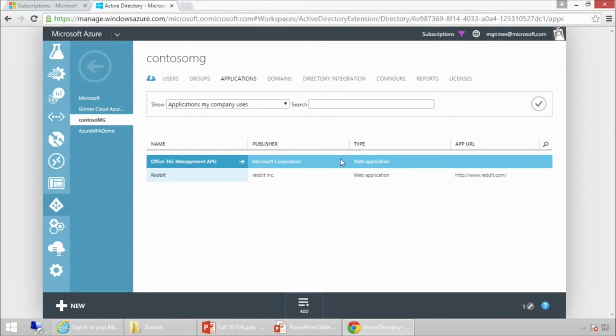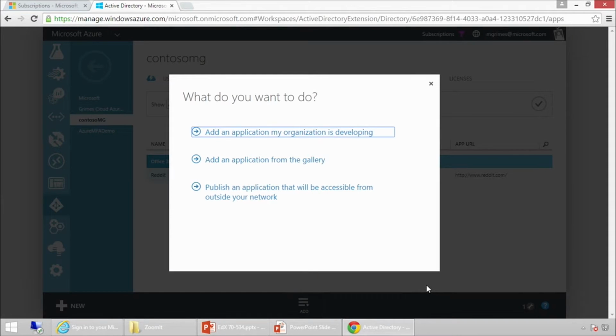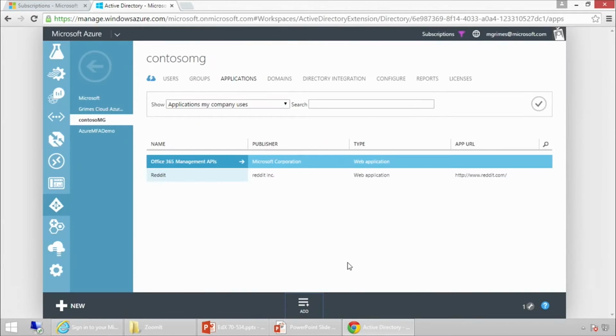So I'm in my Contoso MG, and it's very interesting. So I'm going to show you a little comparison and see if you can see the difference here. So this is just simply the first step of adding in the SaaS application. So when I click Add at the bottom, and I'll back up here real quick, just to show you where I was. So I was in Active Directory, and then from there, these are my Azure Active Directory environments. So I have multiple. So you can actually have more than one Azure Active Directory installed in your subscription. Again, why would I do that? Because I have different departments, different organizations, whatever.